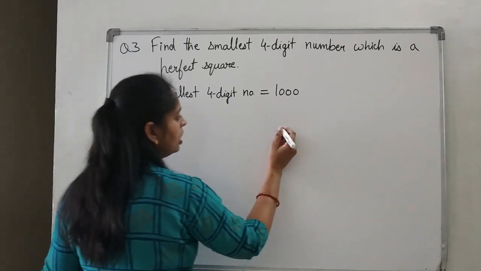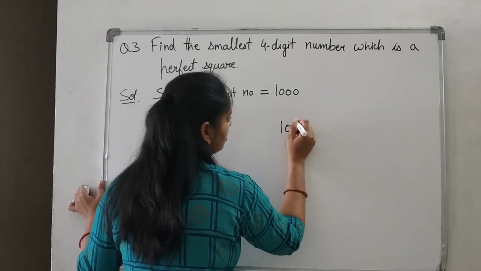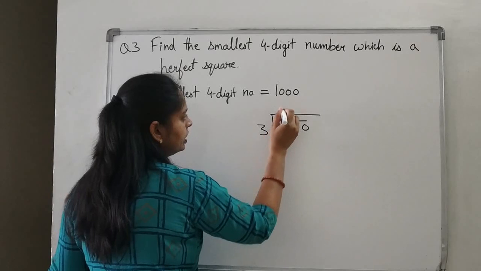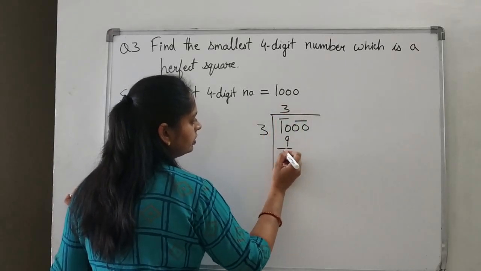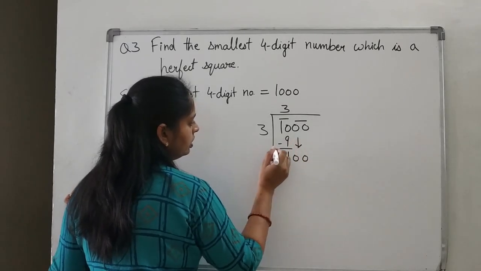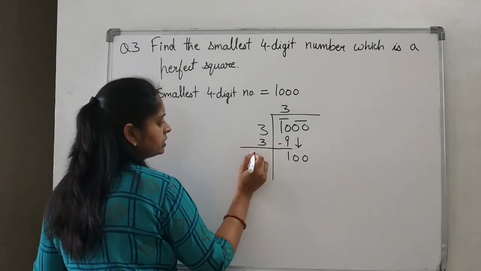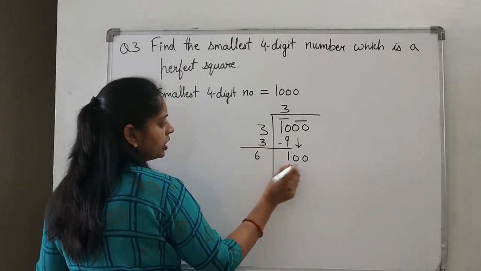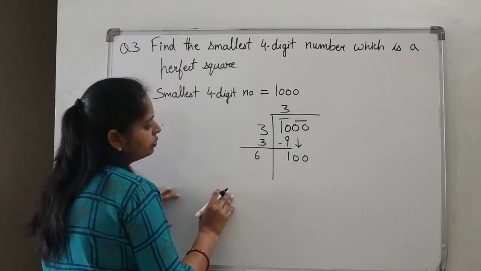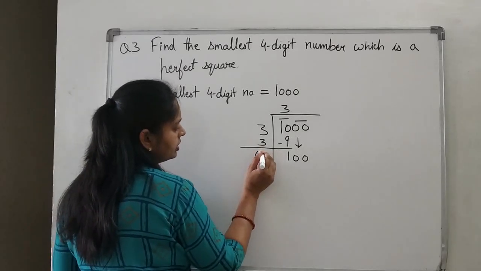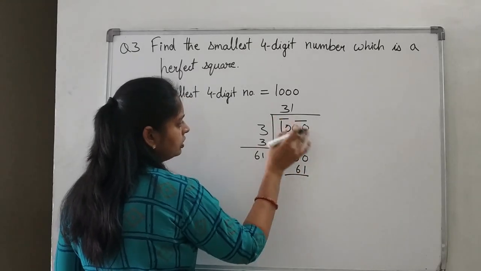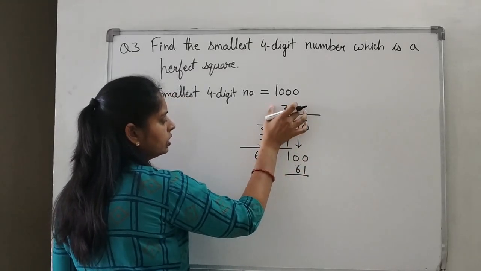So we need to add something in this. For that, you know how to do. Again, we have to go for the division method for this. So 3 3s is 9, 1 0 0. Next pair I have taken down, and this side 3 plus 3 will give you 6. So you can see that 1s will go and 2s will not go. I am telling you one more method. Either you can go for 1s, right? And you can subtract, and then you see that 1000 is lying between the square of 31 and 32.